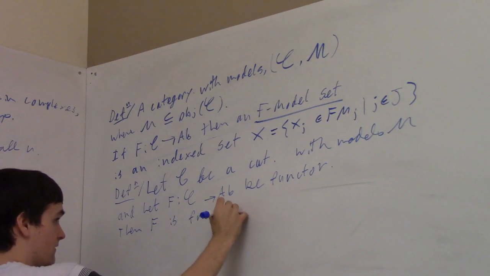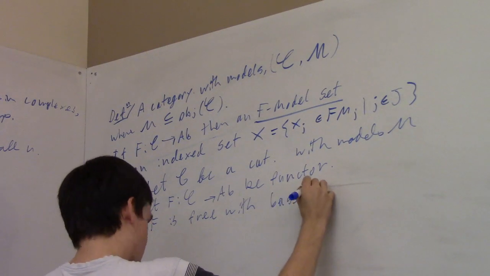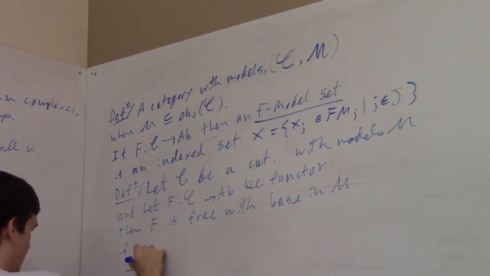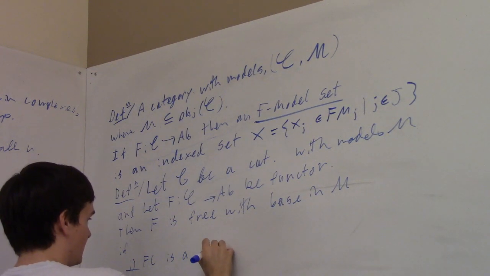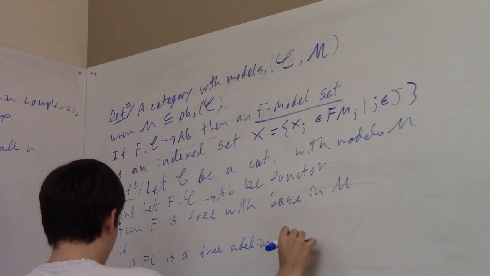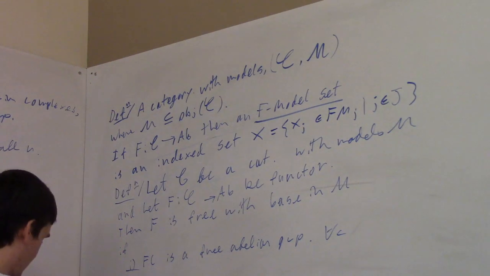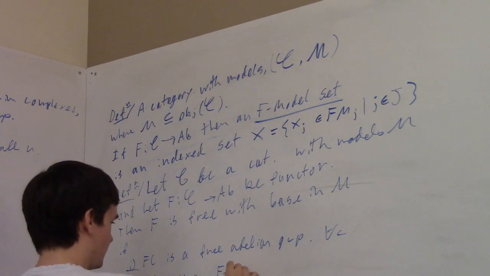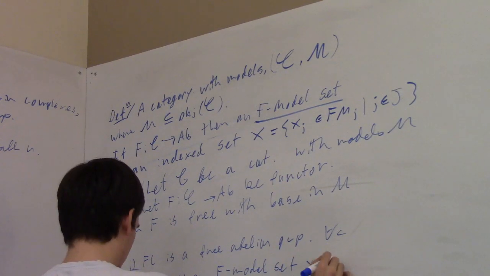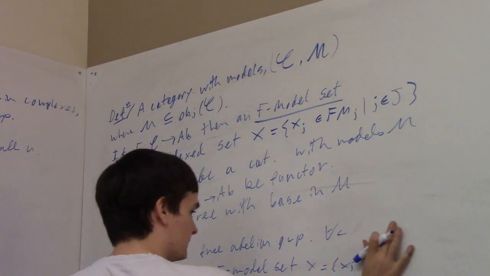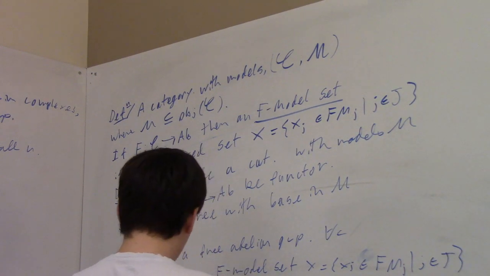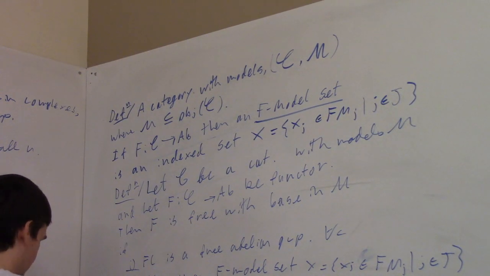Then F is free with base in M, if one FC is a free abelian group for all objects C, and two, there is an F model set such that for all objects C,